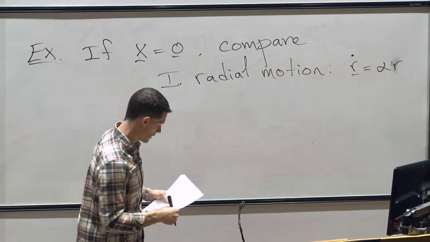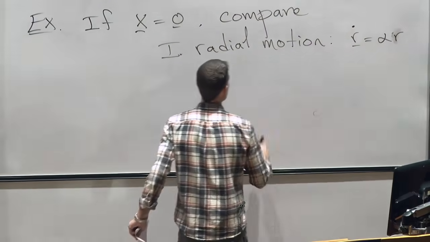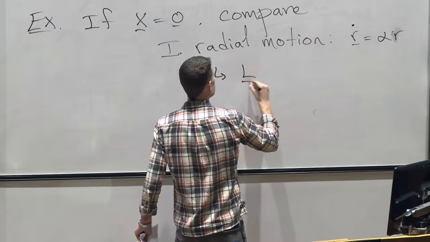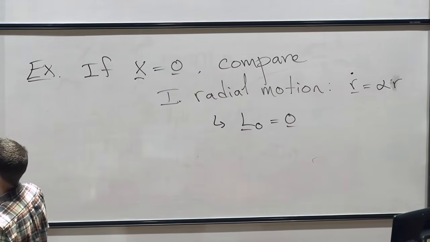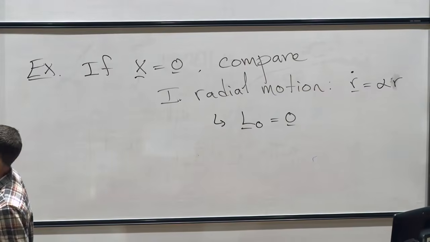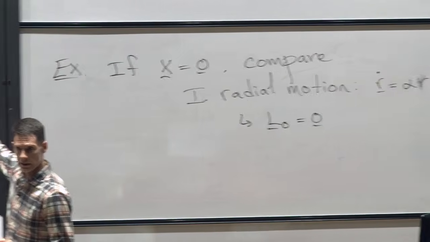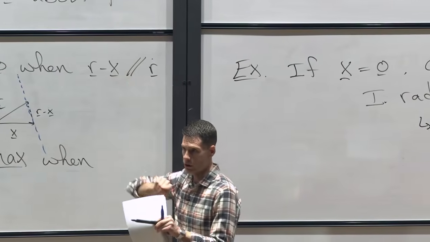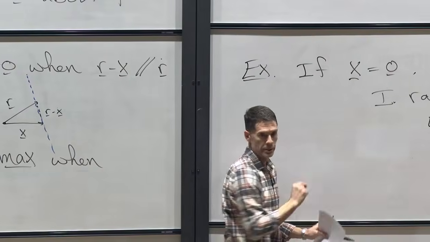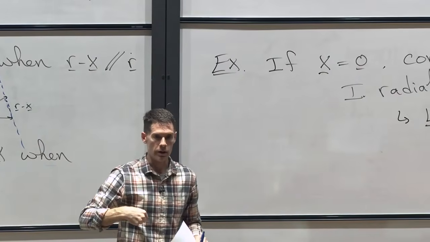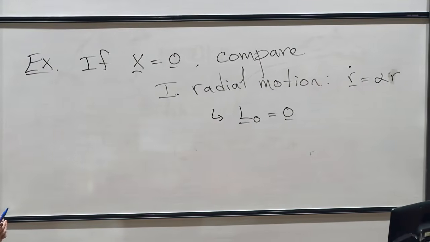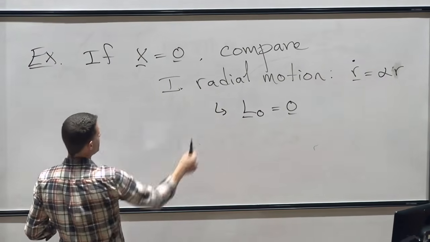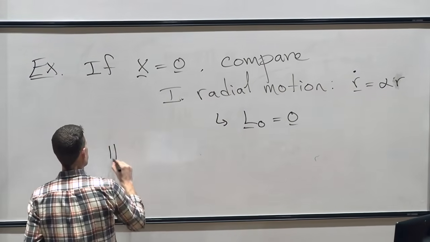And L0 is 0. It's really just repeating what I've said here, where I take x to be the origin. If the particle is at x equals 0, I'm measuring rotation of the particle around the origin. If it's just moving radially, it's not rotating in any sense, L0 is 0. Whereas for circular motion,